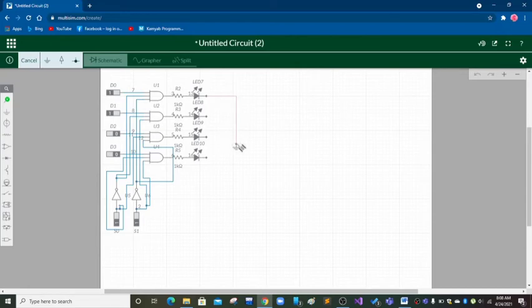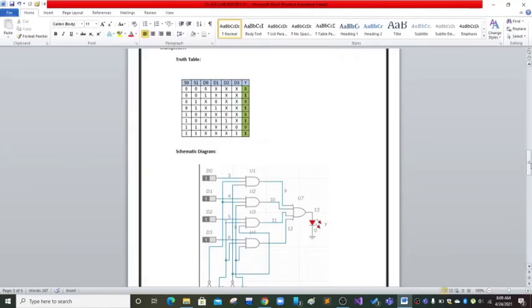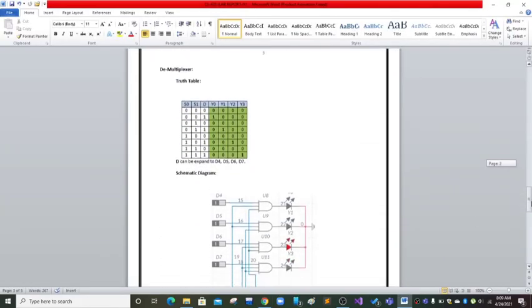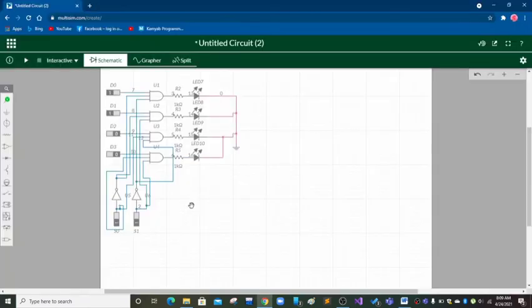And we are connecting these LEDs to the ground. Here is our demultiplexer. Let's check it.